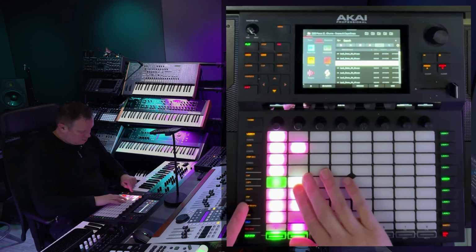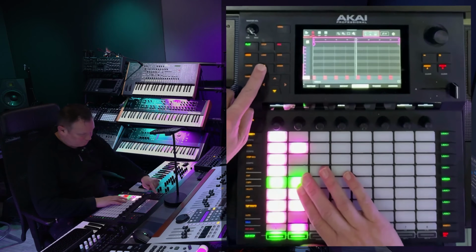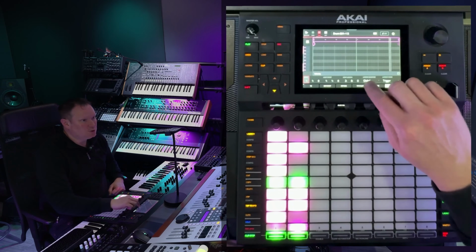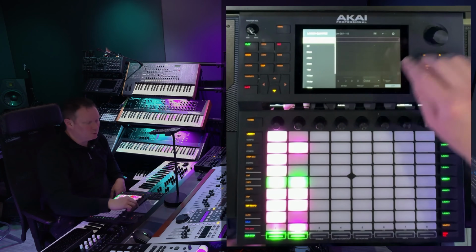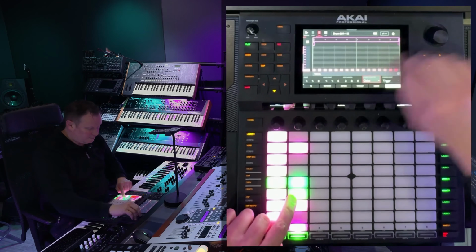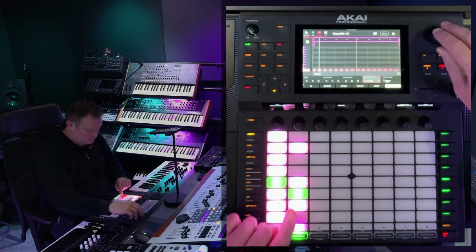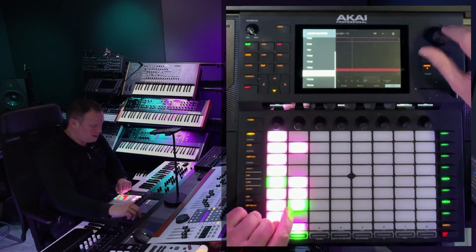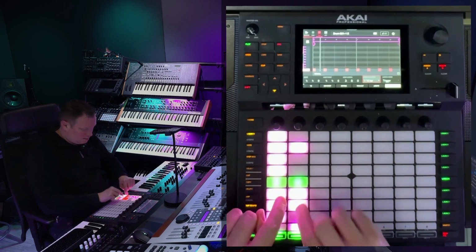But if you go in and edit the clips themselves, so you press the clip, and then you go in here in the clip, you see this launch quantization. I don't know if you can see it properly on camera, but you have a launch quantization there. And if you set that to 1/16 of a bar, you do that for every clip that you have in here, that's going to be fun, because you can play with it. See,